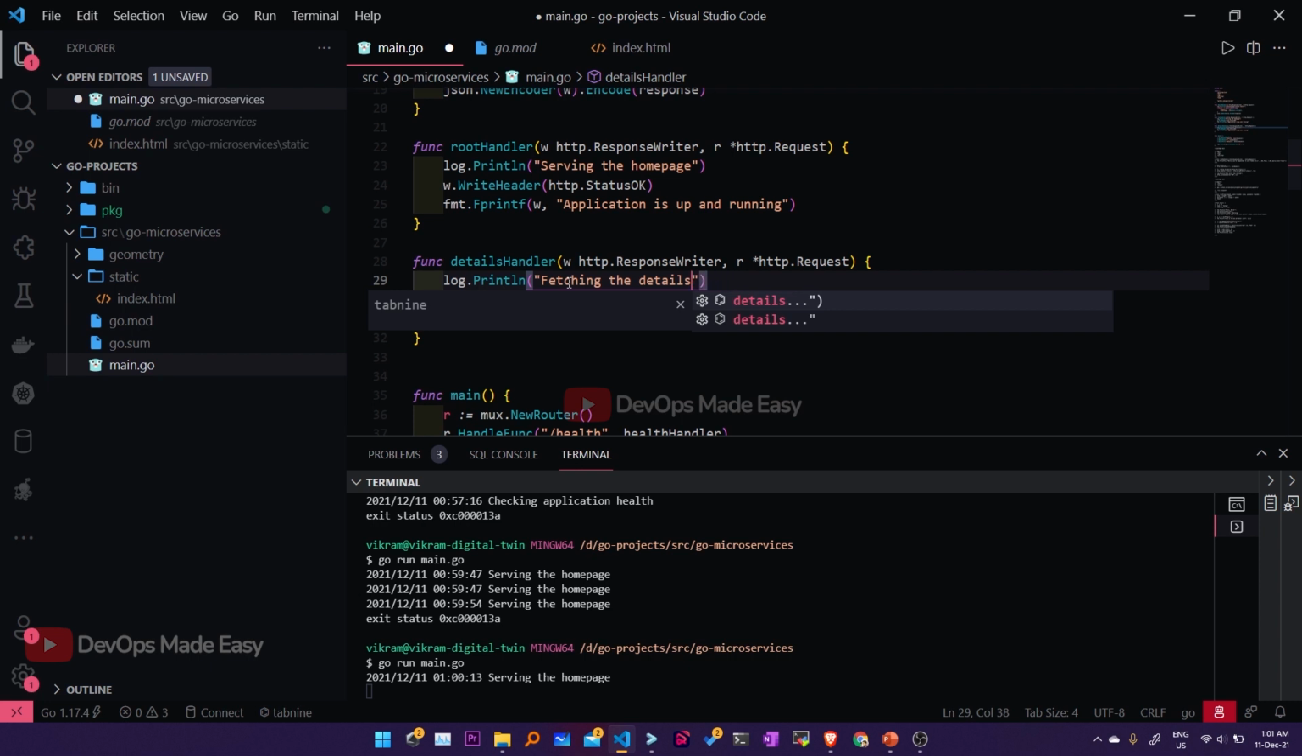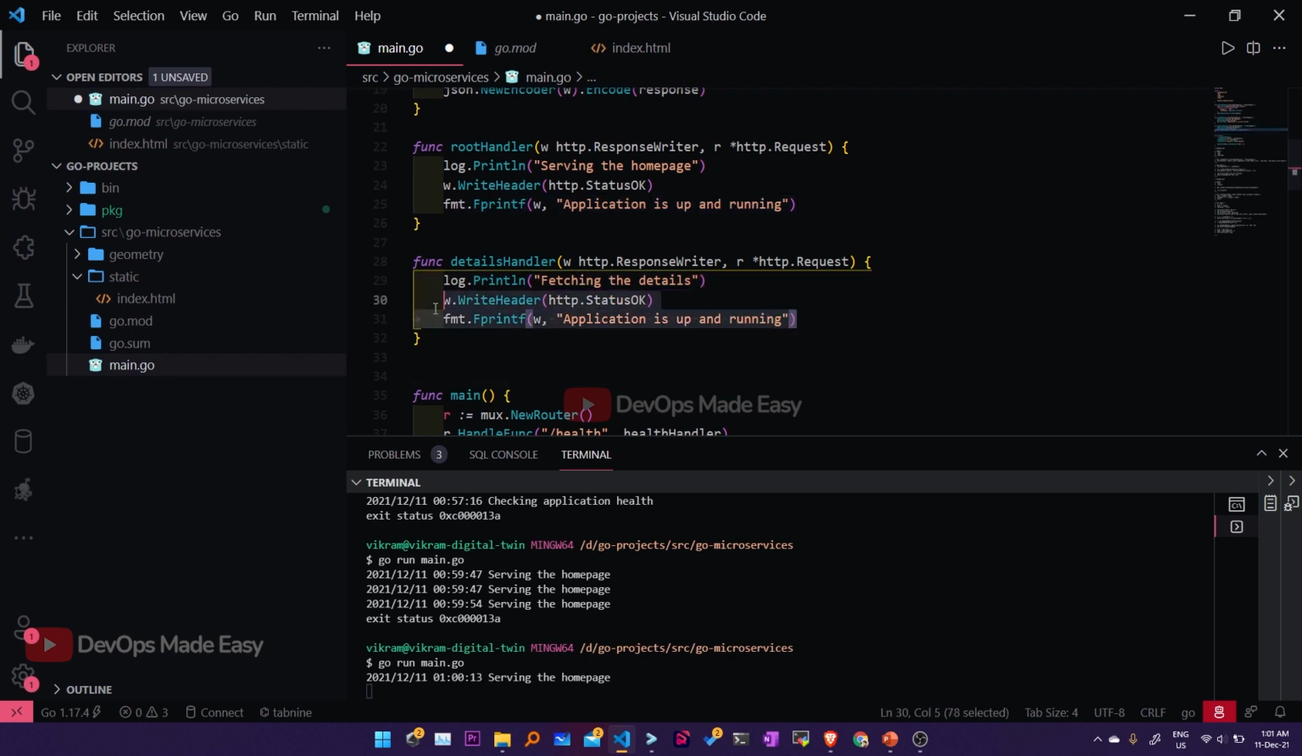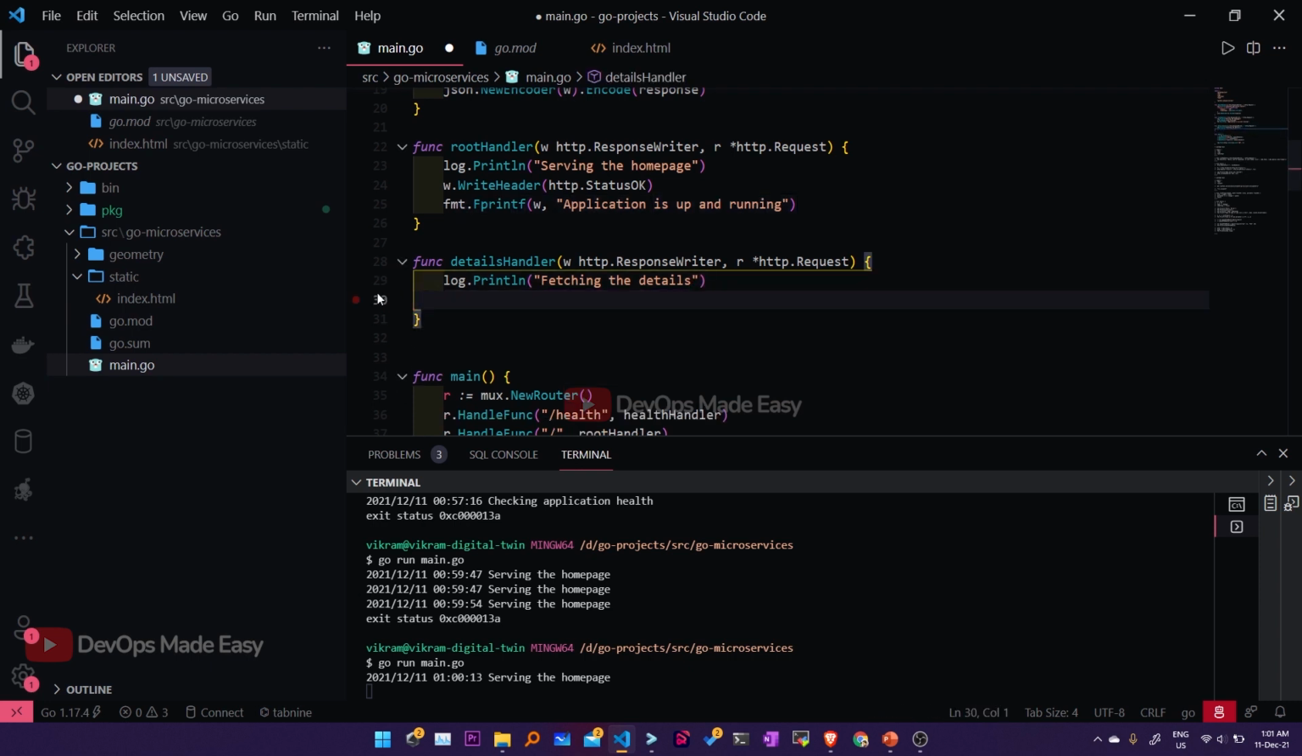But right now I don't have any information yet. I'm going to remove both these lines. But for fetching all these details, I'm going to create a separate package. So I'm going to create a package known as, probably, details,